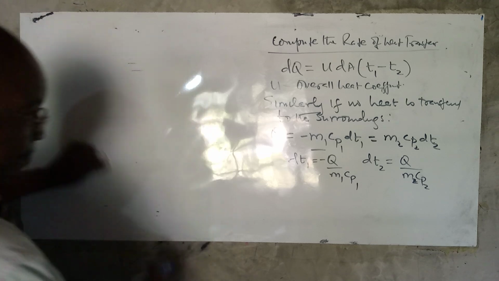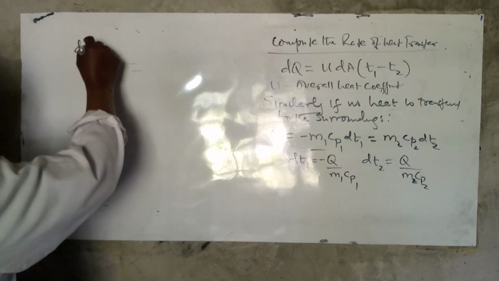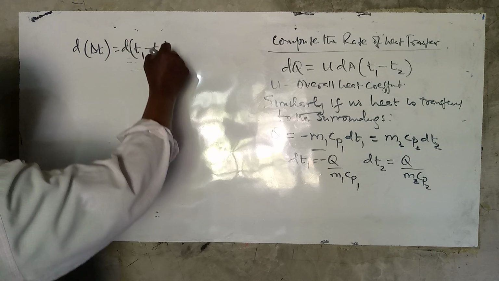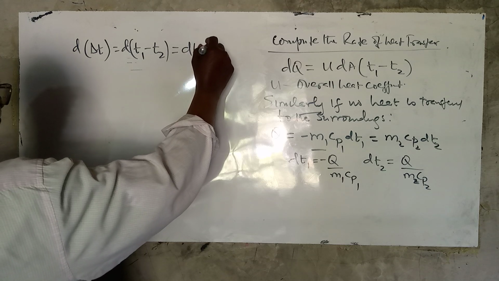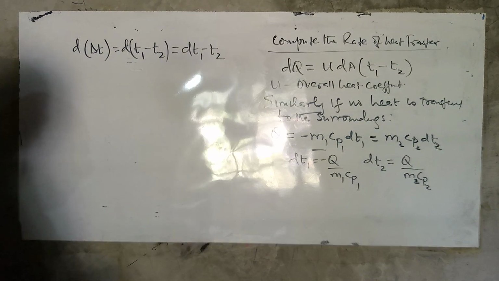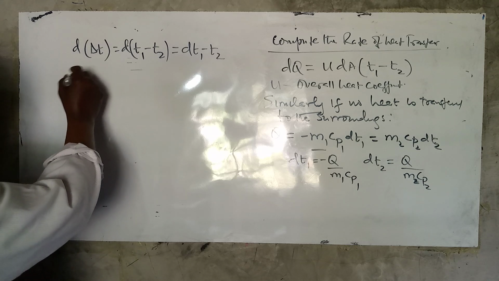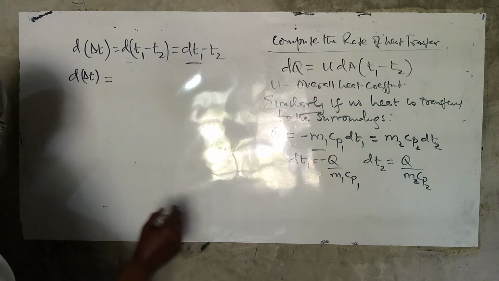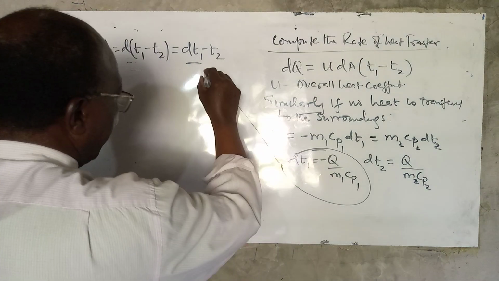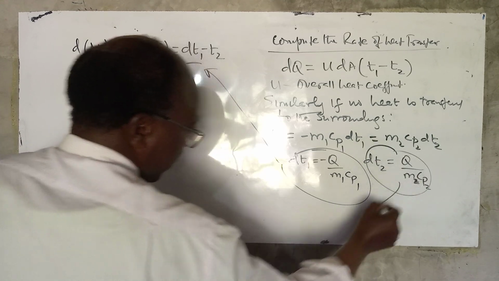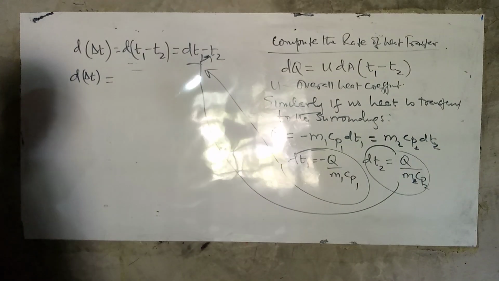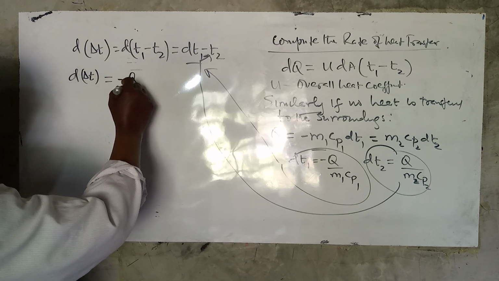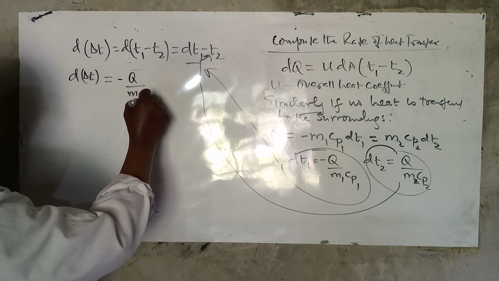One of the things is, you know that d of delta T is d of (T1 minus T2), that is dT1 minus dT2. And so, what is that? D of delta T. Therefore, if we plug in those values, then clearly we see that is minus Q over M1 CP1